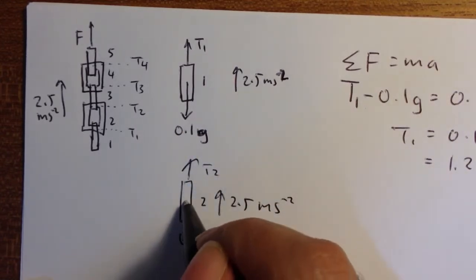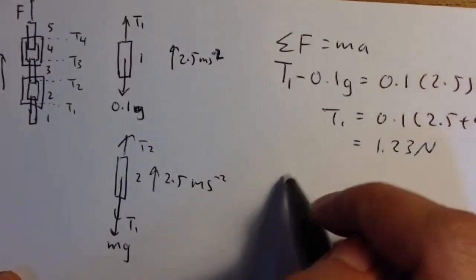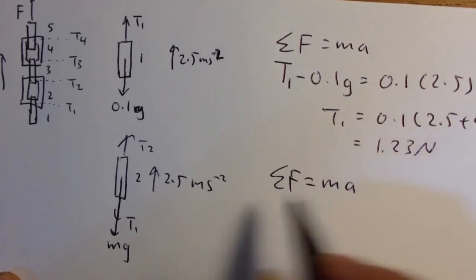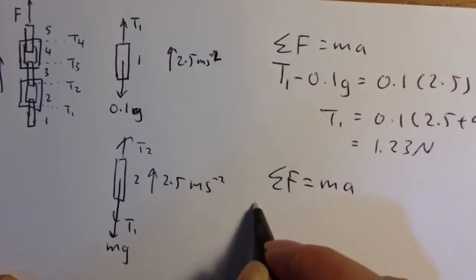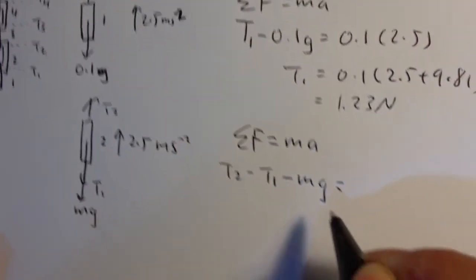And it also has mg, its own weight downwards, right? So when I apply Newton's second law again, the resultant force would be T2 minus T1 minus mg, equal to